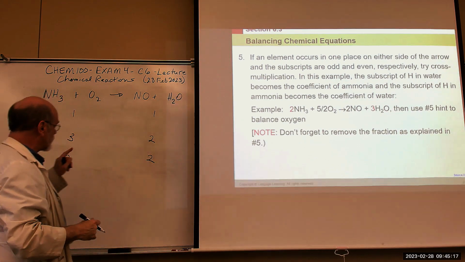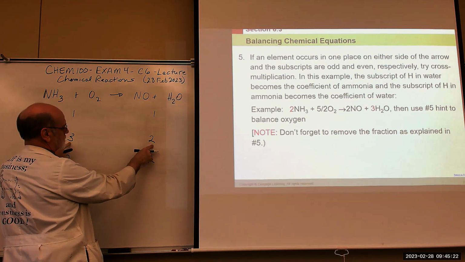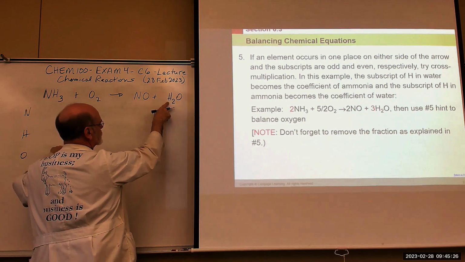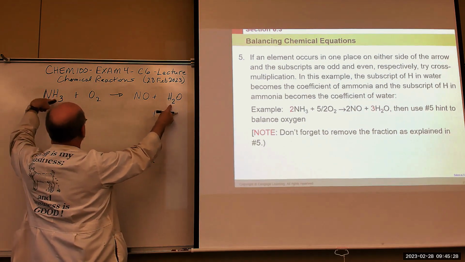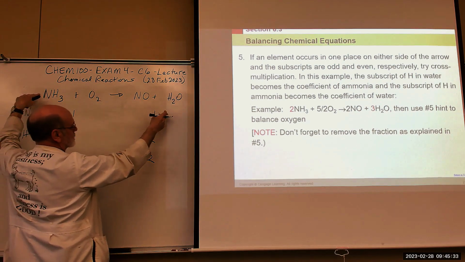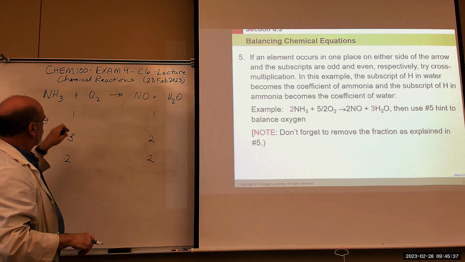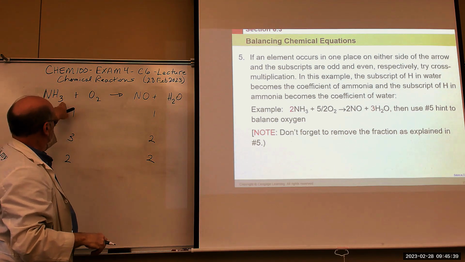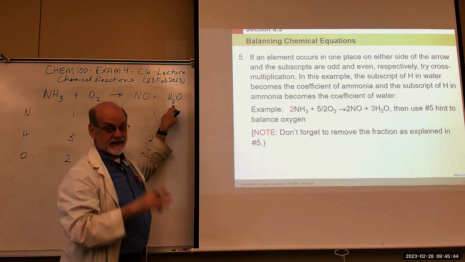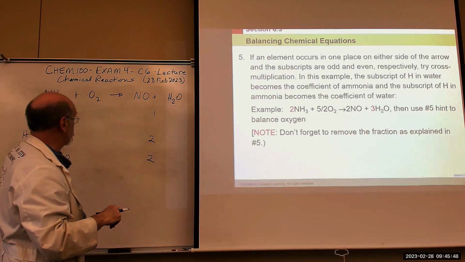The problem is also that the hydrogens are odd and even. So we can't say 2 times that will give us the right number of hydrogens because that's 3, that'd be 4, or 2 times this would be 6. Right? So when you have a situation like that, where the element is odd and even, and in one place on this side in a compound, one place on this side in a compound, and no other places, but just 1 on this side, 1 on that side,